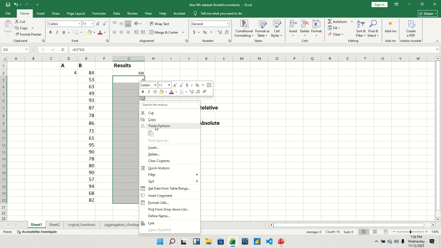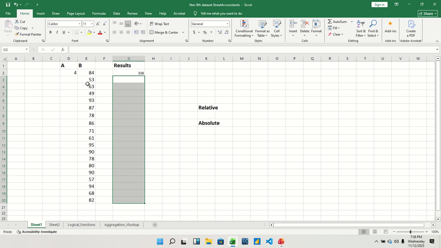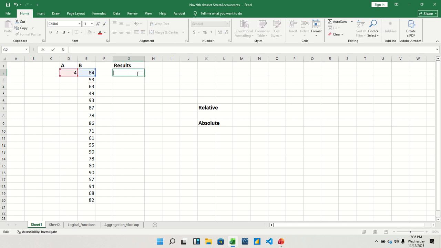So to use the absolute referencing, you lock this particular 4, because you want this 4 to be multiplying them one after the other. You want this 4 to keep multiplying them. So let's clear off this and do our absolute referencing, so you see how absolute referencing works. You simply type your equals to, then you select the first one you want, this, then multiplied by this. So now you want this 4 to be static, so you come to this 4 and you lock